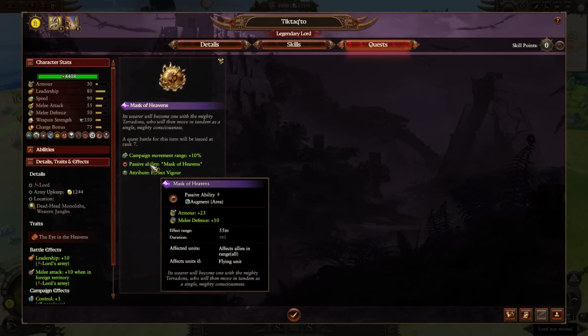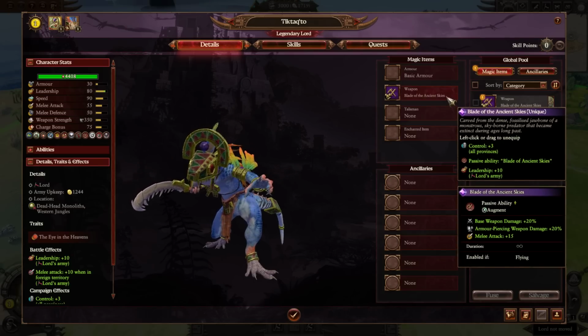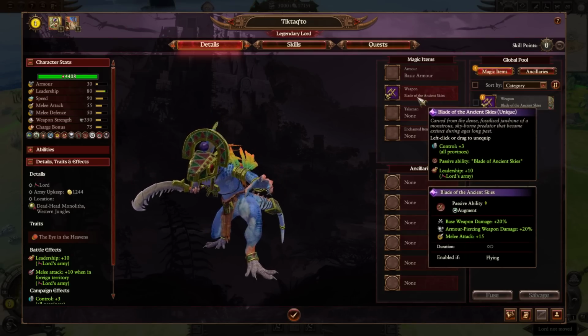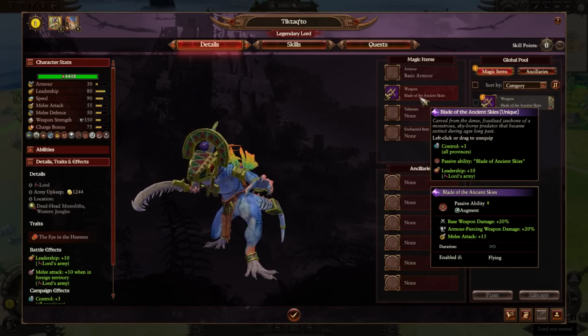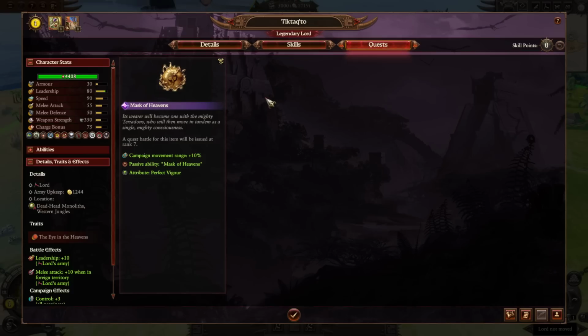So Tic-Tac-Toe not just boosts his entire army, but also he does have units that would make good one-unit spams, but he doesn't have to do that, I think. Then over here you've got the weapon Blade of the Ancient Skies, which provides control +3 all provinces, passive ability Blade of Ancient Skies, which gives him a stat buff as long as he's flying, and leadership +10 for the Lord's Army. Now, one of the other things that makes Tic-Tac-Toe really good that wasn't present in Warhammer 2 is